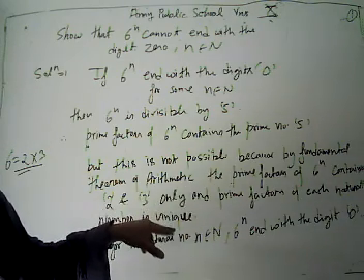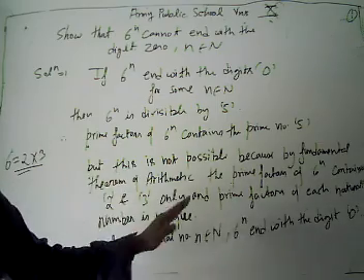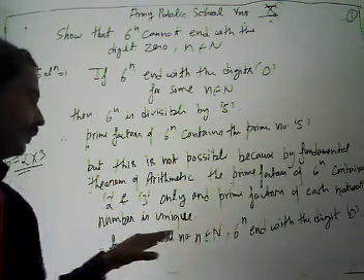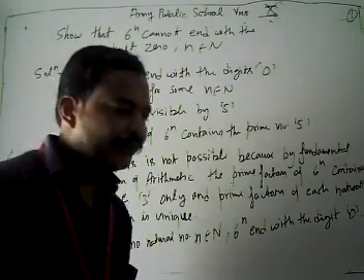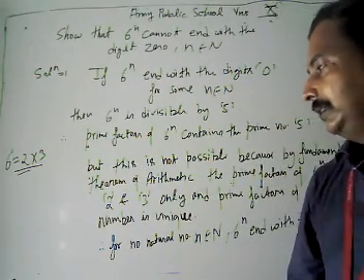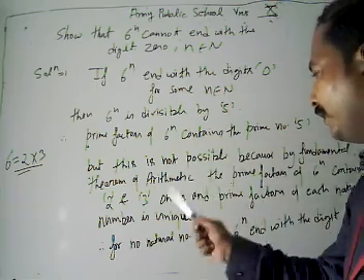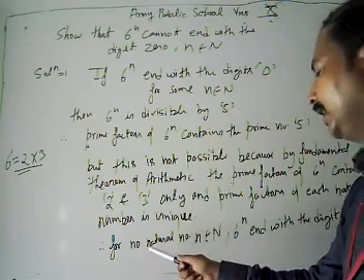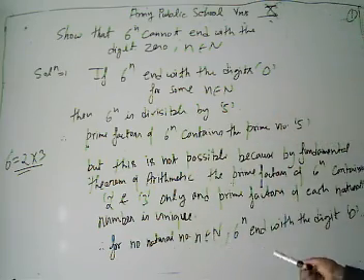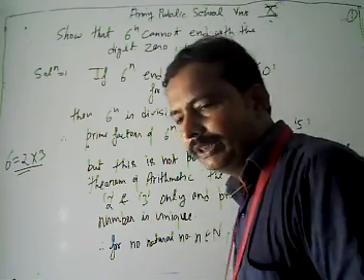2 and 3 only, and prime factors of each natural number is unique. Our fundamental theorem of arithmetic guarantees that, which means 5 cannot be there in the factors of 6. Therefore, for no natural number n does 6 to the power n end with the digit 0.